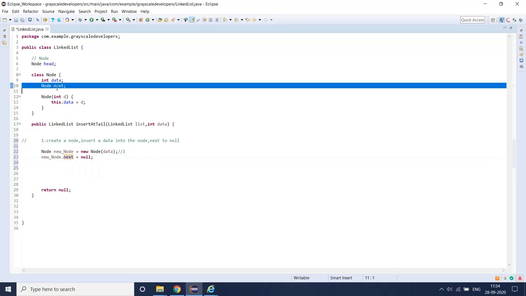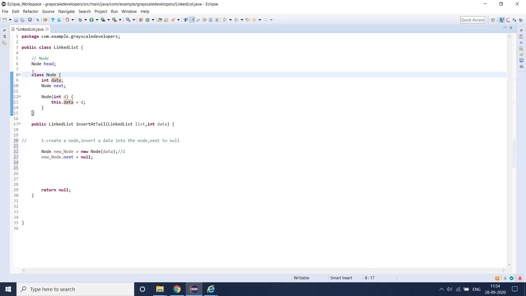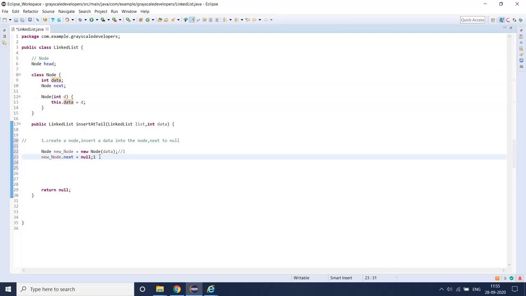So I'm creating a node and passing the data, so it will be like this. Here in this step I'm getting output like this: I inserted one data 1 and the next pointer points to null. So in these two lines I created one node and made that node's next node null.